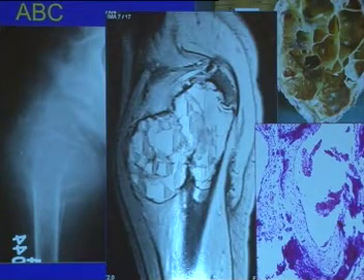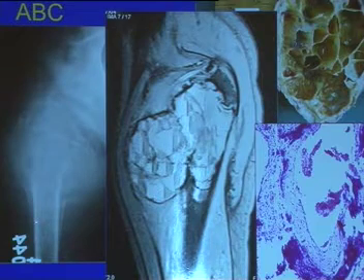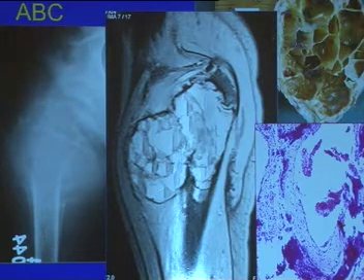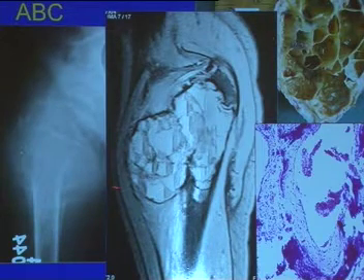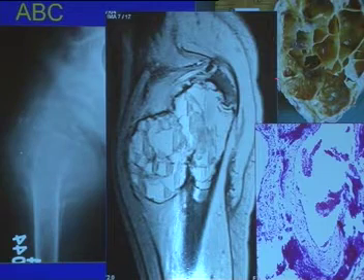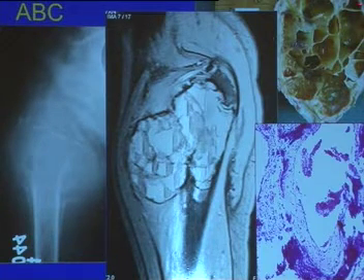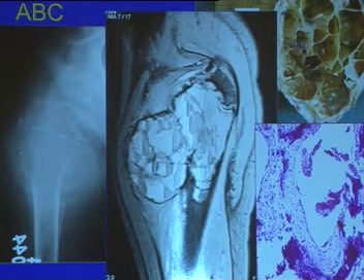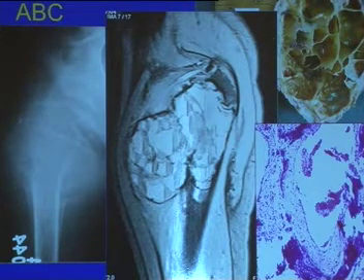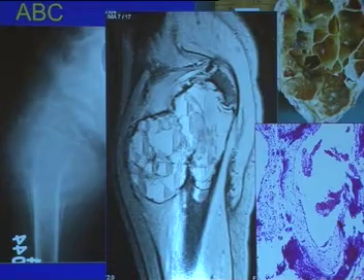This is an example of an aneurysmal bone cyst, and one does see a Codman's triangle. Do you agree that it's a Codman's triangle? Yeah, in a primary aneurysmal bone cyst. And this is to show the fluid levels. This is the resected specimen, and it has fibrous septae compartmentalizing these spaces, and this is the histology, and we did see examples of that.